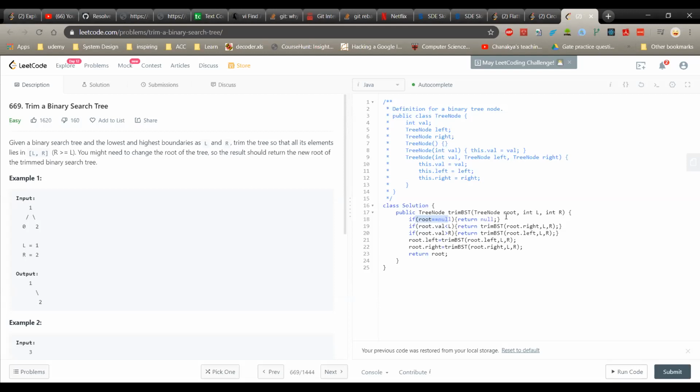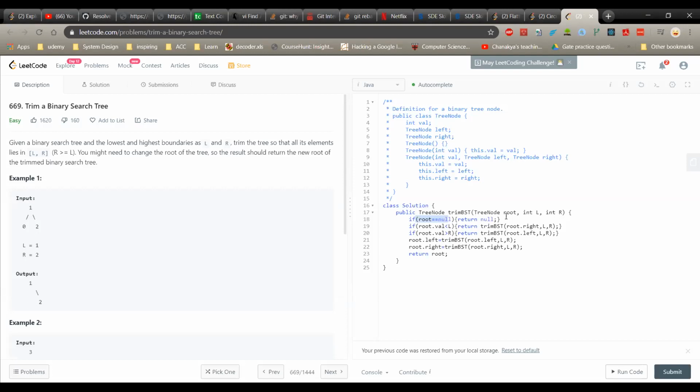Okay. No, they have written L is the value, right? So you can have L and R the same. It's not a duplicate, it's like you have the same value, 1 and 1. Just read the statement: trim the tree so that its elements lie in L and R. Yeah, but L greater than or equal to R. But you see, the square bracket is there. Both are inclusive. It's written there also. R equal to L could be, yeah, maybe.